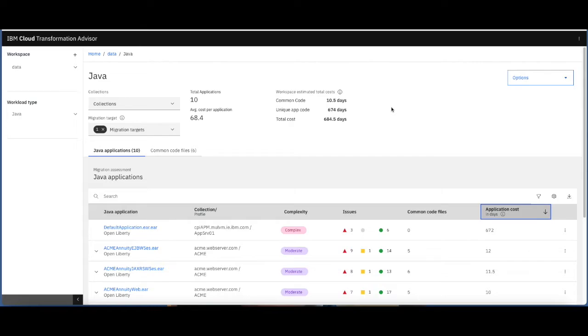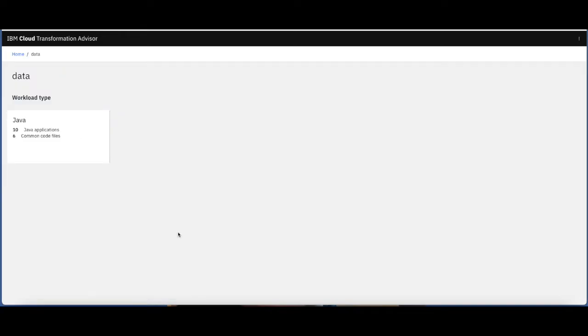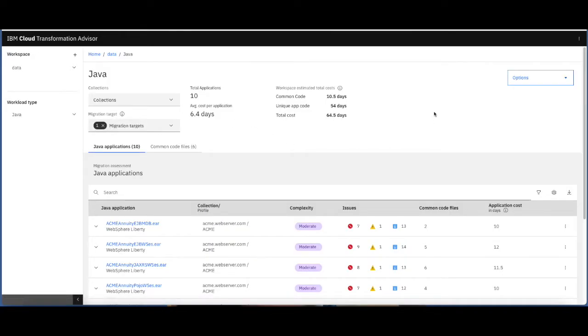If I look at this data, I'm going to think it's going to be very hard to get return on investment for modernizing this data set, but that's not really reflective of what's happening. So if I jump back now and I take a look at the exact same data loaded into 3.1, you'll actually see our average cost is 6.4 days. Our overall total cost is actually only 64 days. And if I take a look at that same application, we're going to see that the cost for that application is 52 days, not the 600 and something days it was in the previous case. And this is because